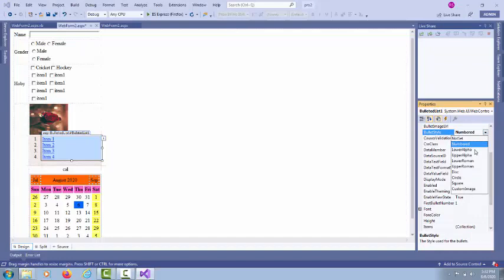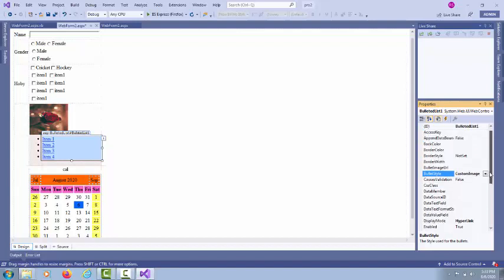In this we have lower alpha, upper alpha, lower Roman, upper Roman. Then we have disc, then we have circle, then we have square, then we have custom image.